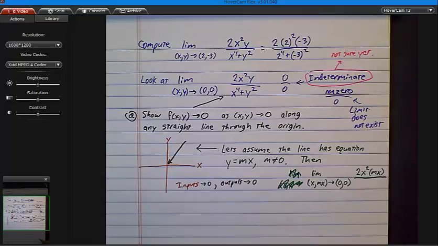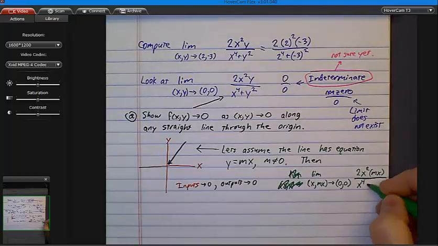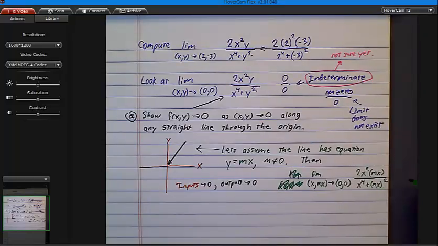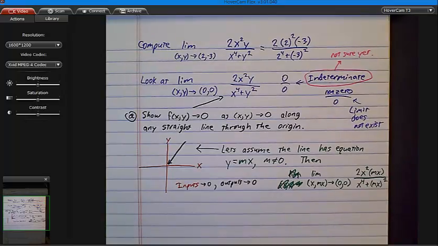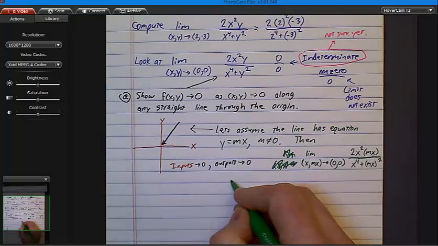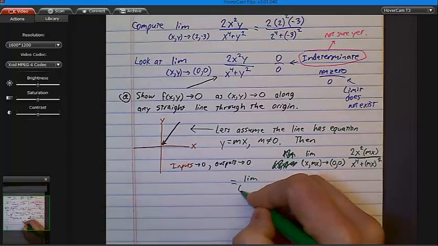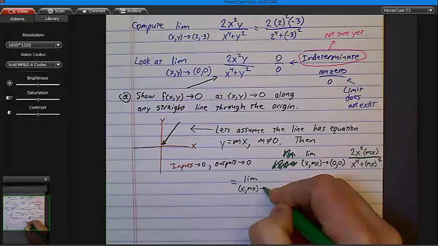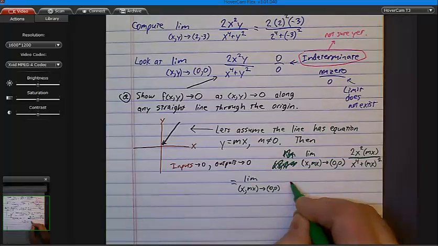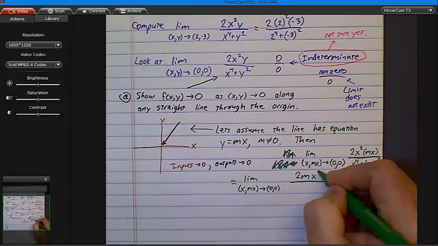over, and what would I get here? I would get x to the 4th, plus, instead of y squared, we're going to write mx quantity squared. You guys follow so far? Well, I think this is something we can actually compute. This equals the limit as x comma mx approaches 0, 0 of what? Looks to me like it's 2mx cubed